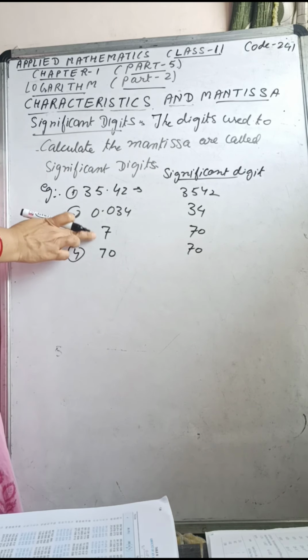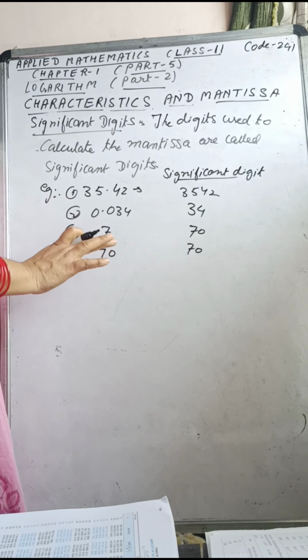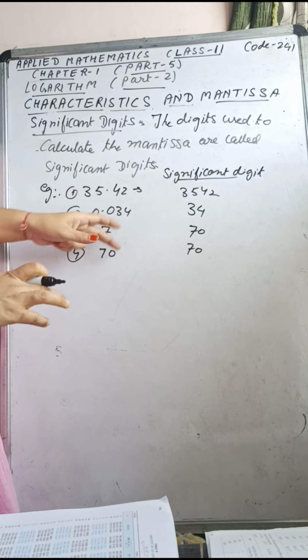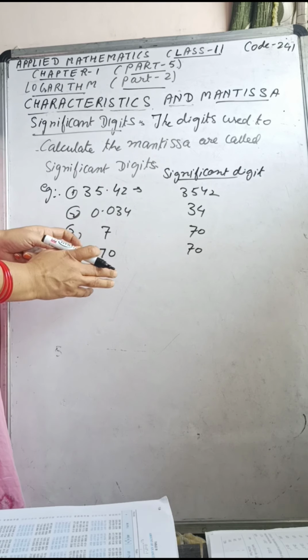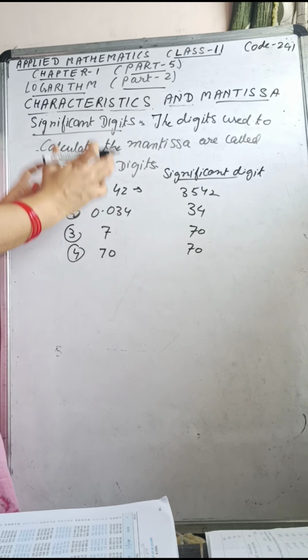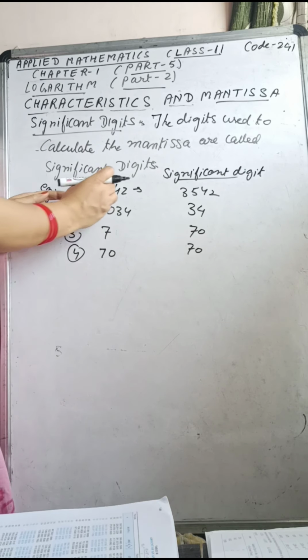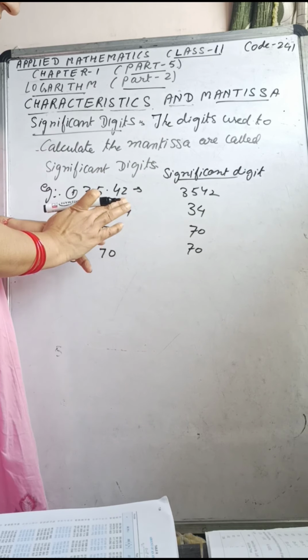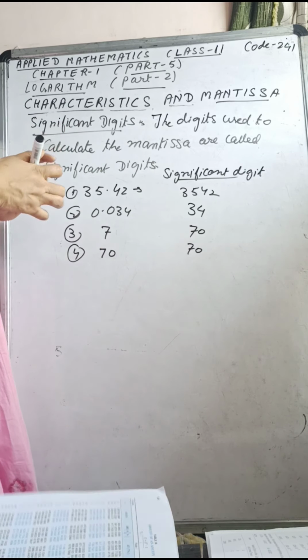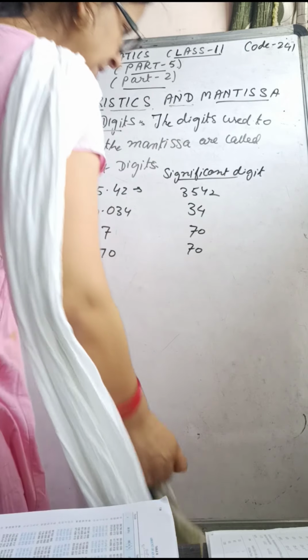So for the digits only, if it is 1 digit, we will make it 2 digits by adding a 0 there. For the rest, we will not see where the position of the decimal is; we will just consider the whole number, the whole digits, I mean 3542, immaterial of the decimal, to calculate the mantissa. Now let us know how to calculate the mantissa.